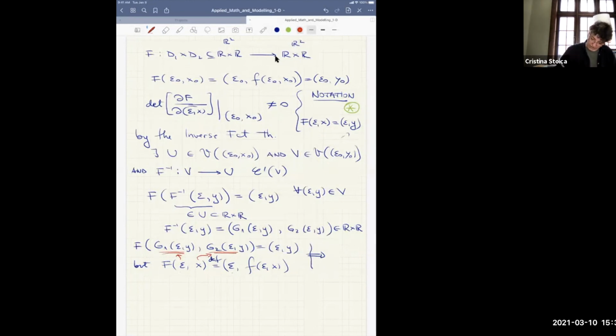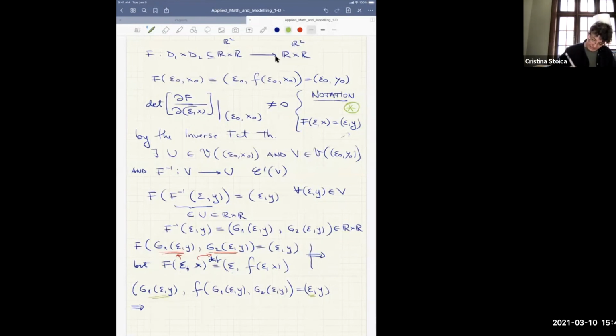So now, when I put these entries instead of epsilon and instead of x, I will get the first entry, which is G1 of epsilon and y. And on the second spot, epsilon is G1, so I put G1, epsilon and y. Okay, so now, equating,